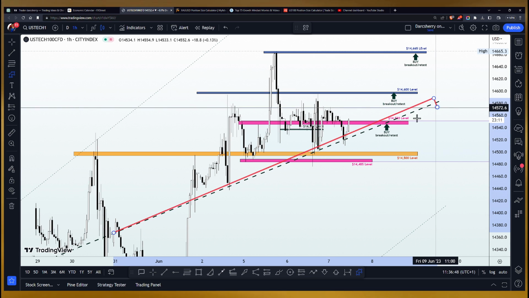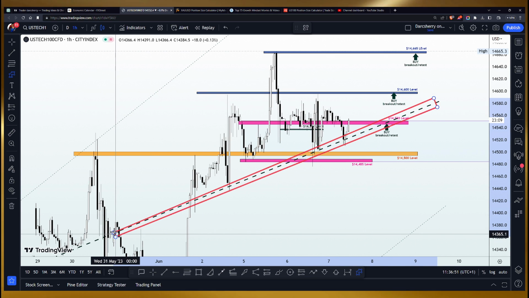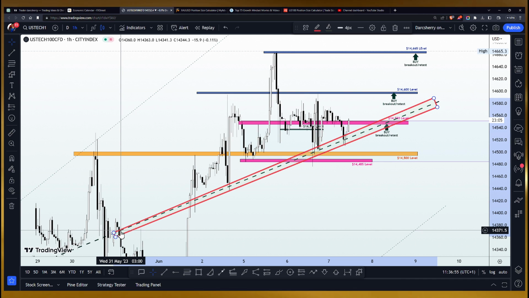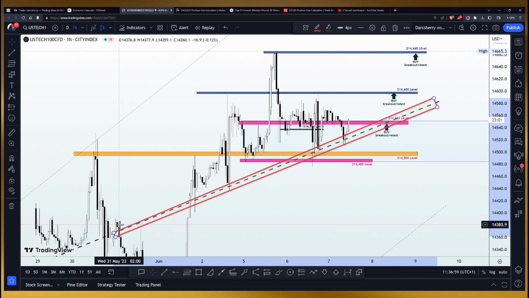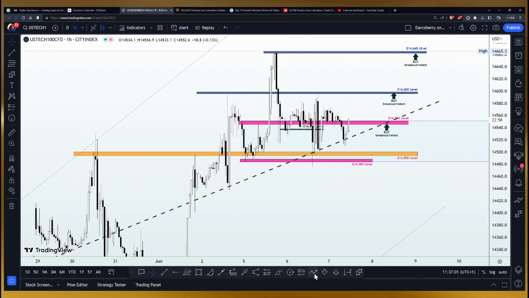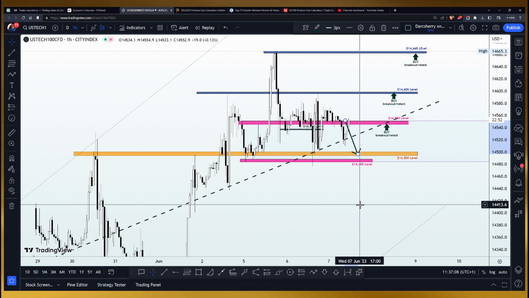If at any point in time we see price action break down this trend line, then this will be a sign that the trend line may no longer have the capacity to continue to negate the sell pressure in this market. And if this happens, remember, we are not getting too excited. If a breakdown of the trend line happens, we want to remain patient, and what we are going to be doing after the breakdown is to scale down into a much lower time frame. It could be your 5 minutes, 10 minutes, or 15 minutes time frame.